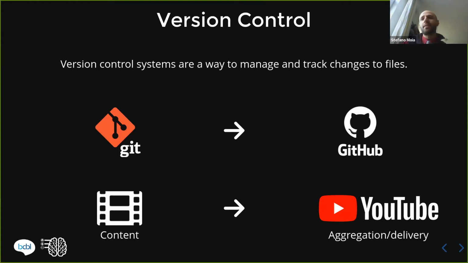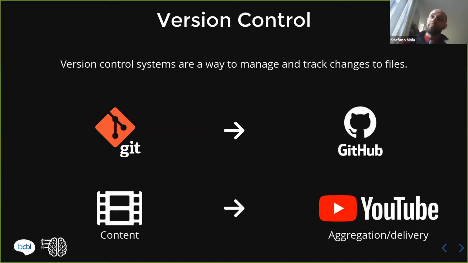And it's this. You can think of GitHub as if it was YouTube. YouTube is a website. It's an aggregation website where you can find a lot of videos, and those videos are delivered for you. And the content of YouTube are the videos themselves. And for Git and GitHub it's the same thing. GitHub is an aggregation or delivery website in which you can find a lot of repositories that use Git for